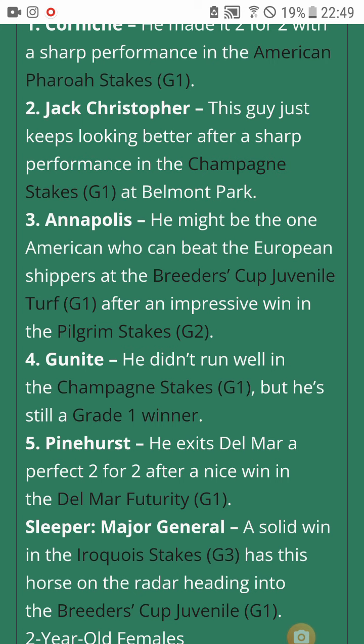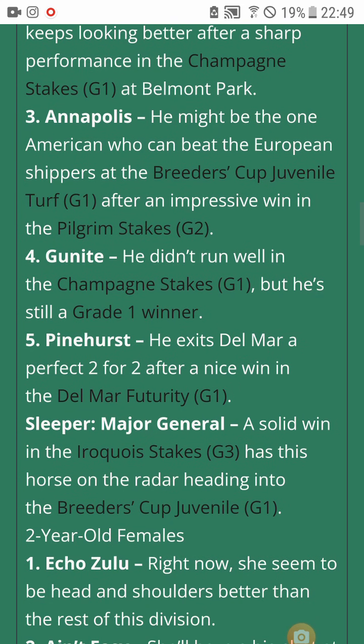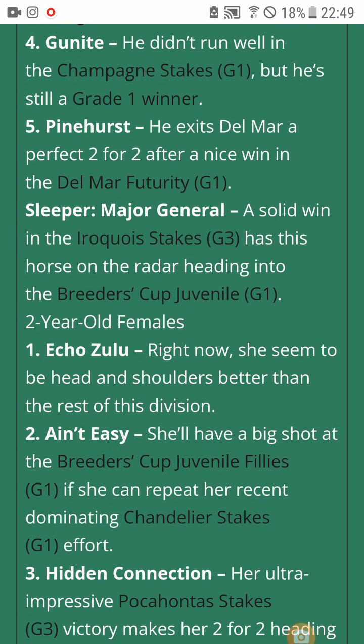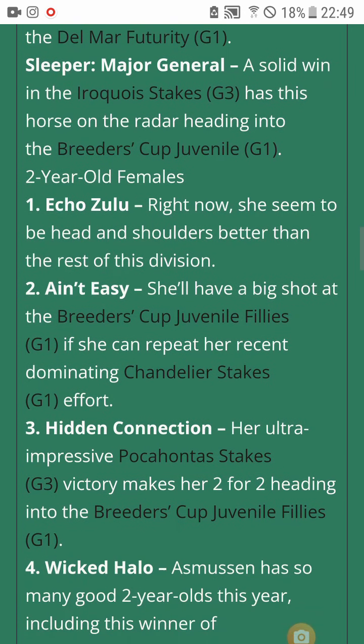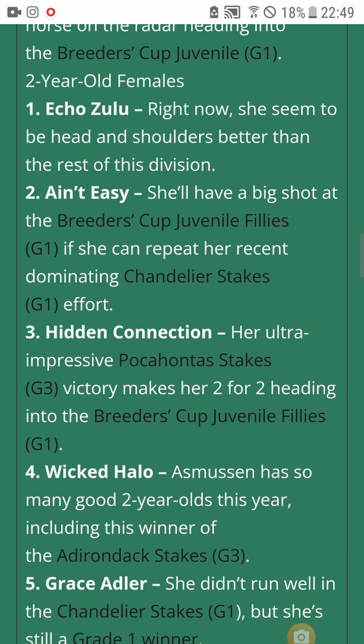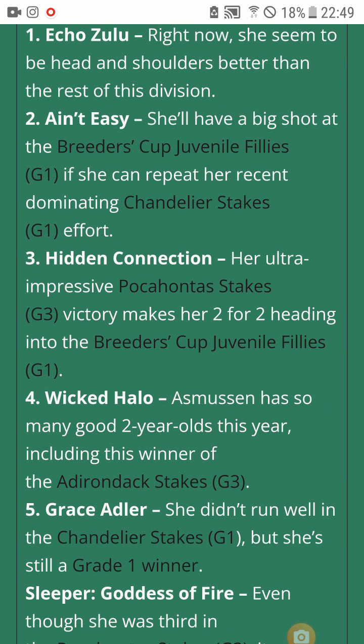Now I haven't had a look at all the rest of the races. I'm just looking through them all daily, and then trying to make up my mind, and I've got another 2 weeks to do it. I don't want to put any other anti-post bets on at this moment, because a lot of the stuff I find out 3 days before, and I look at the workouts 2 or 3 days before,